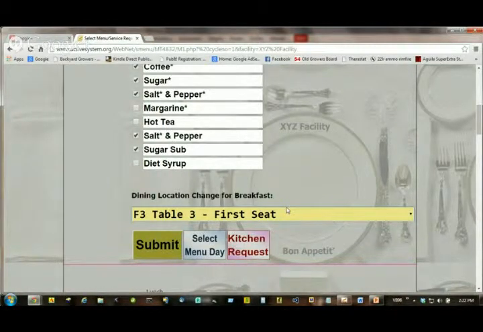If they make a change, they change it on the day that they want on their select menu day page, and the Active System stores it and prints that new dining location on the tray card, and also makes a list of all the dining location changes, and you get that printout at the end of your printout for printing your tray card, so that you can see that these particular residents have changed their dining location for that meal, and you can go and get their tray card to make sure it's in the new dining location